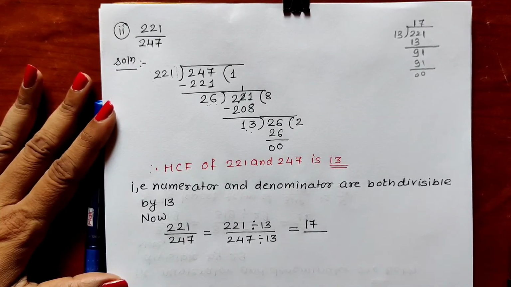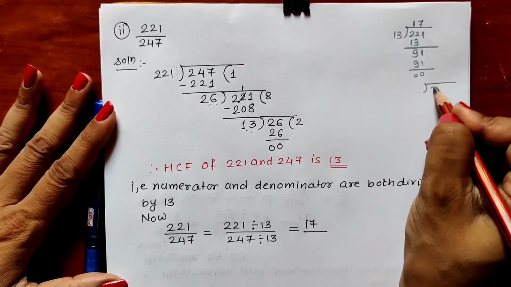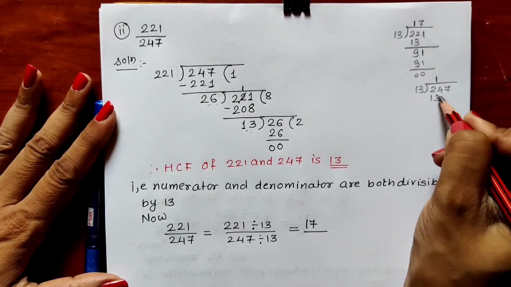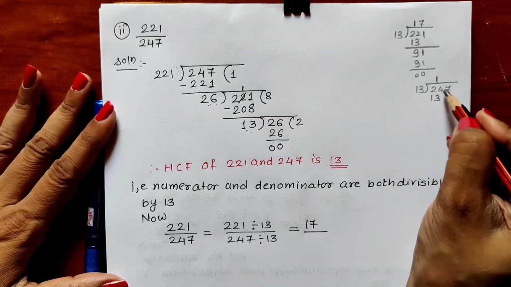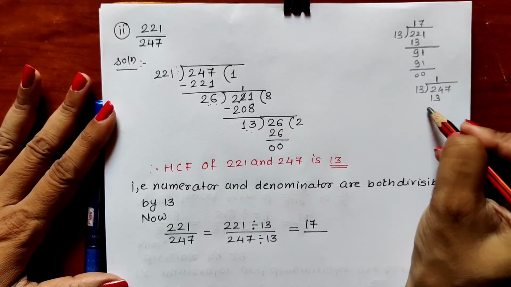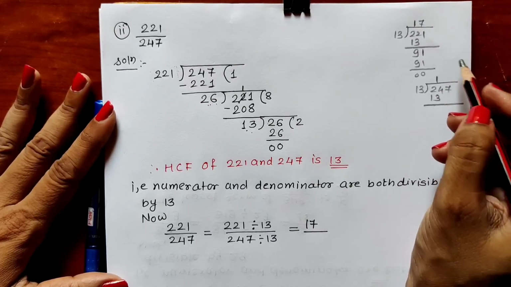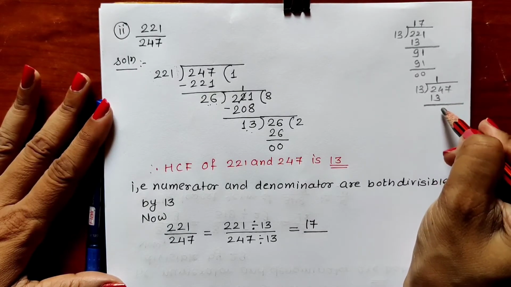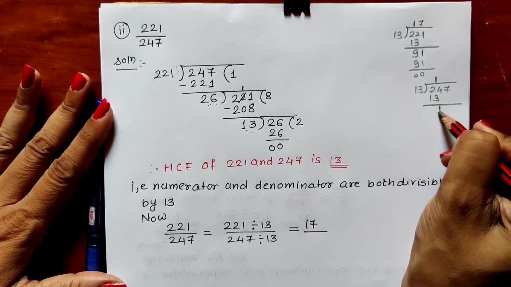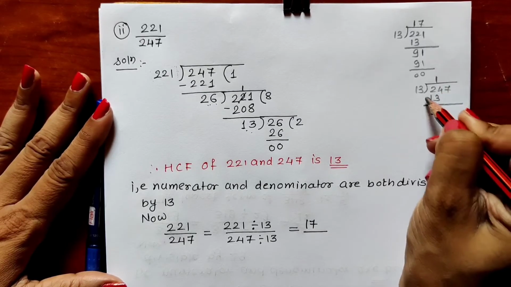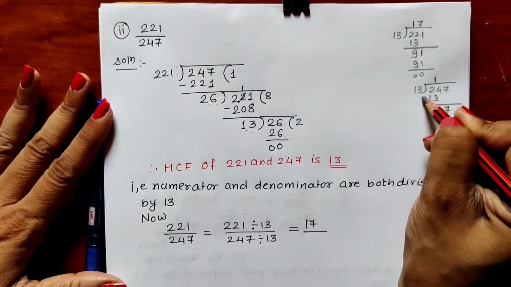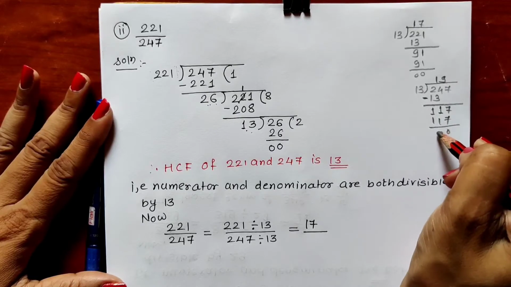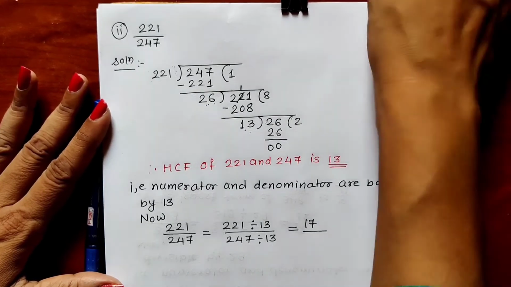Again, 247 divided by 13. Again 13 ones are 13 because 13 twos are 26. 26 is bigger than 24. So we have to write 13 ones are 13. Now 24, 4 minus 3 is 9. Sorry, 4 minus 3 is 1. 2 minus 1 is 1. And this 7 we have to write as it is. 13 nines are 117. So in this way we have got 19